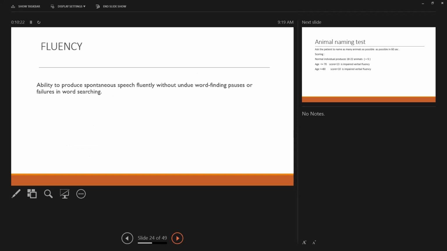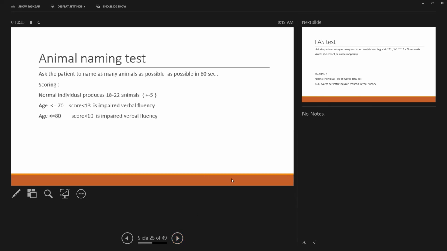Now check for fluency. Fluency is the ability to produce spontaneous speech fluently without undue word-finding pauses or failures in word searching. To check for fluency, we have two tests. One is the animal naming test, and the second is